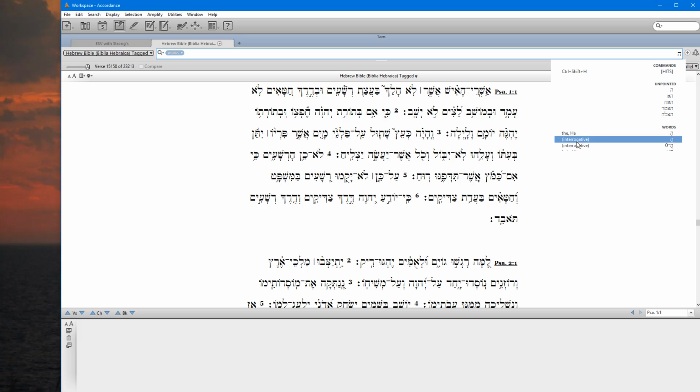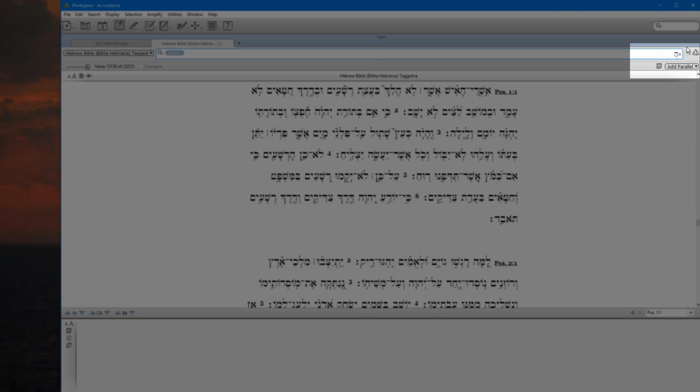Now in this case I'm not looking for every instance of interrogative He in the entire Bible, but I want to get some representative examples. So here is interrogative He. There's another option below it, interrogative, and that is where the He has a makaf, that top bar coming after it. And that also appears in the Bible. The first one, interrogative He, is one where the interrogative He appears and it's attached to a word. So it's an inseparable letter attached to the word that comes after it. And so I'm going to click on that,